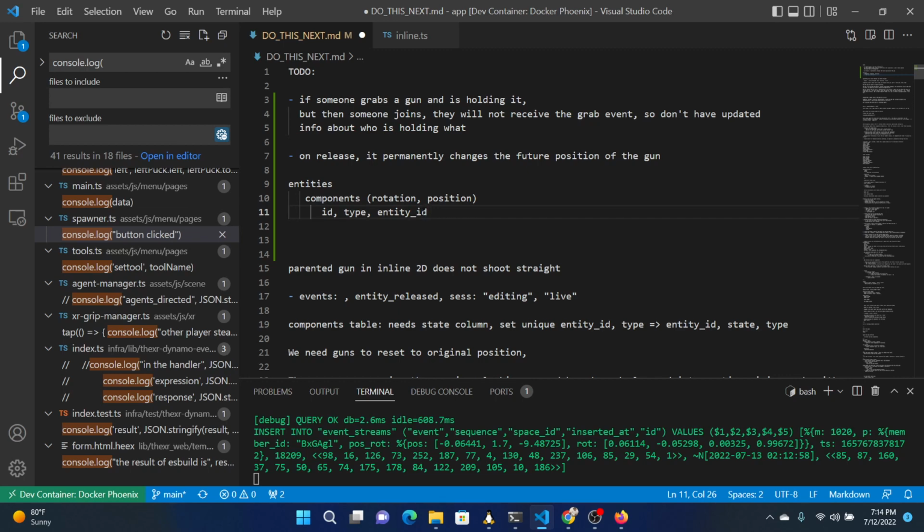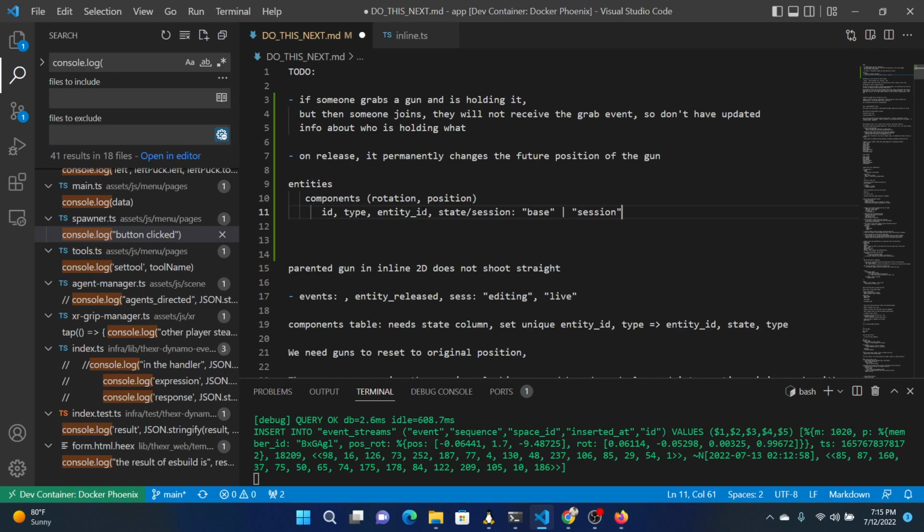But we could also have another one for state or maybe session, which has the value of maybe base or the name of the session, like session perhaps,